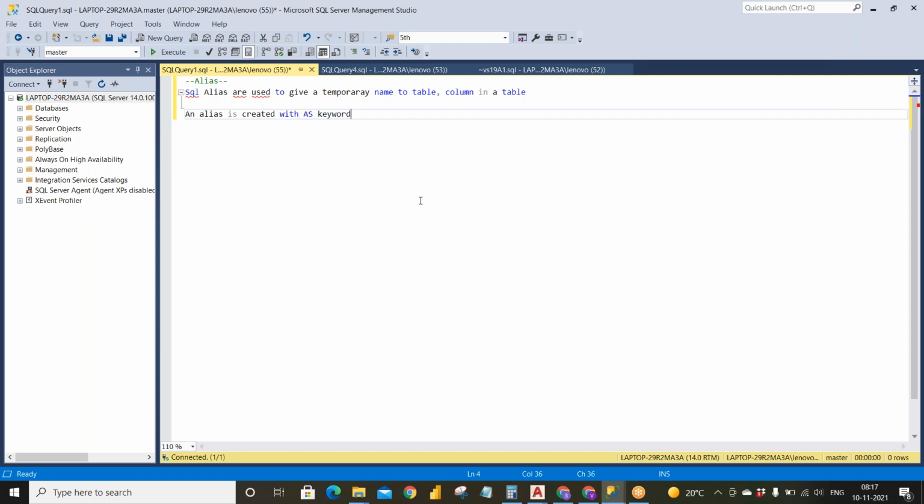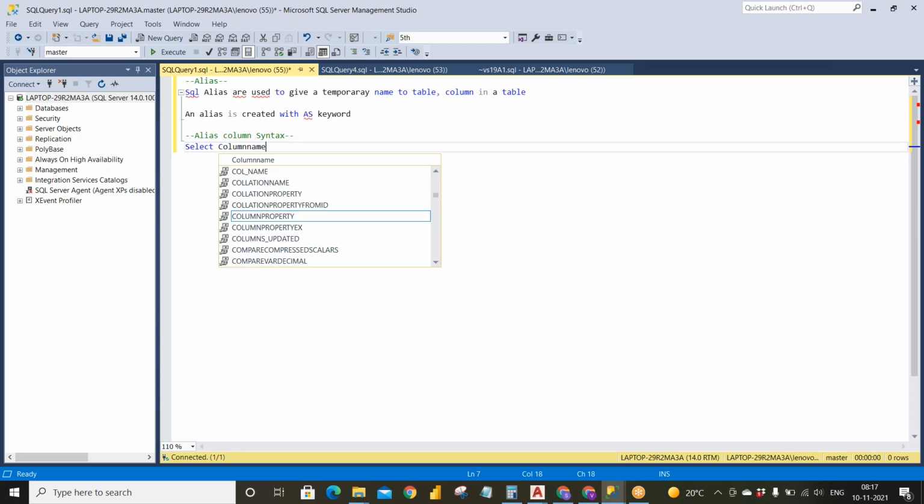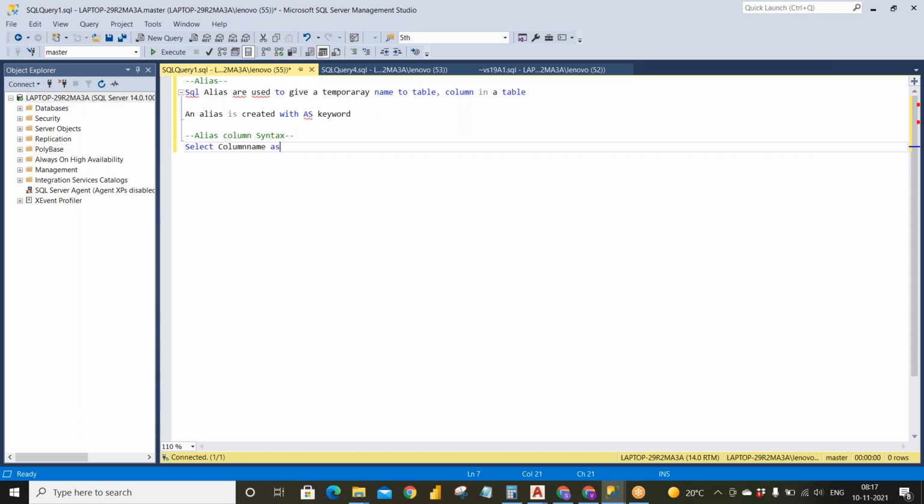So let's see the syntax. This is the column syntax: select column name AS alias from table name.